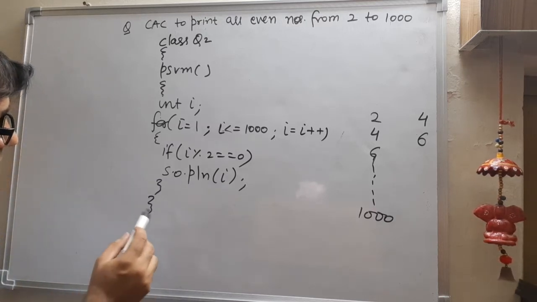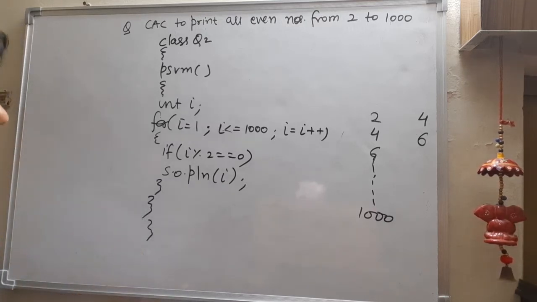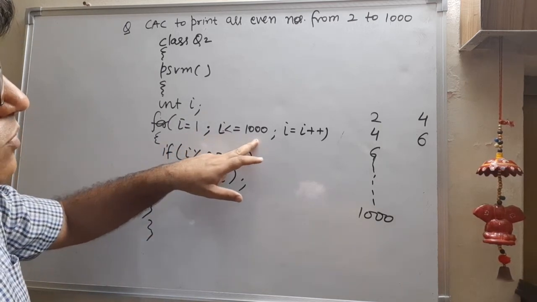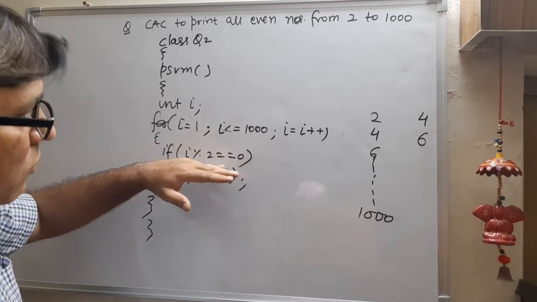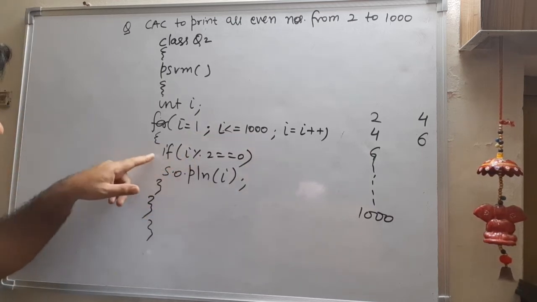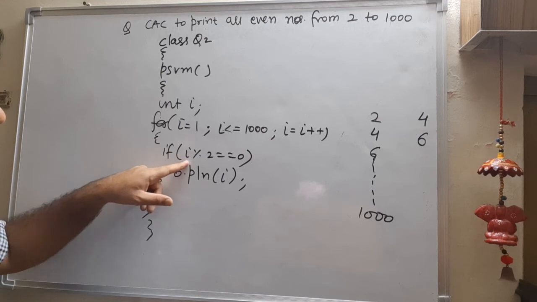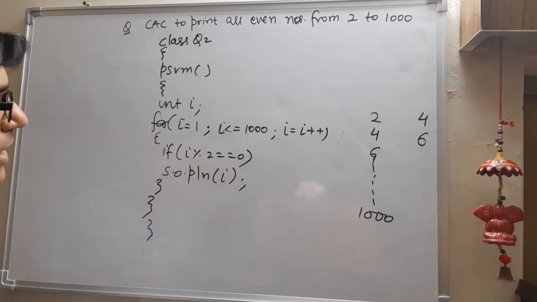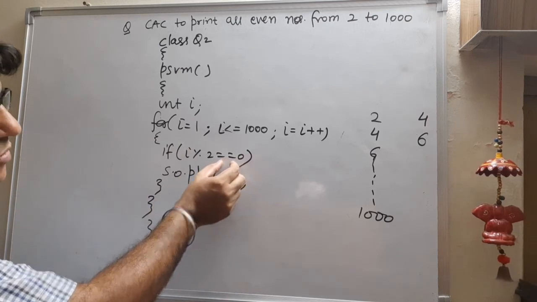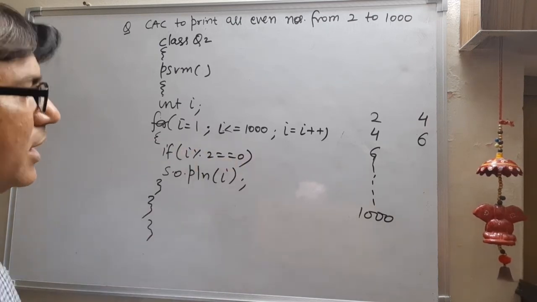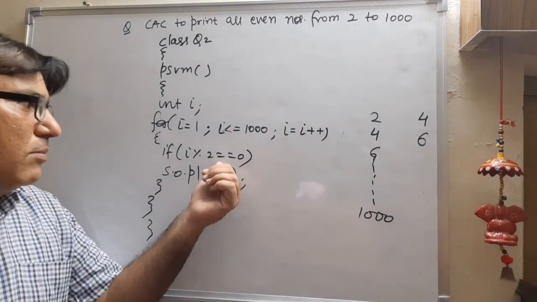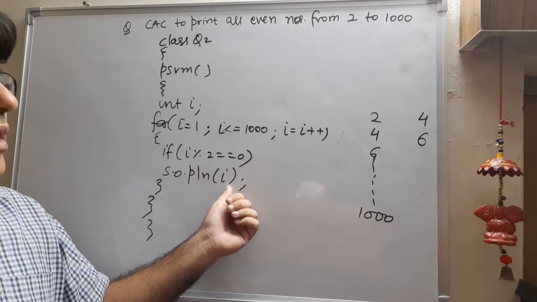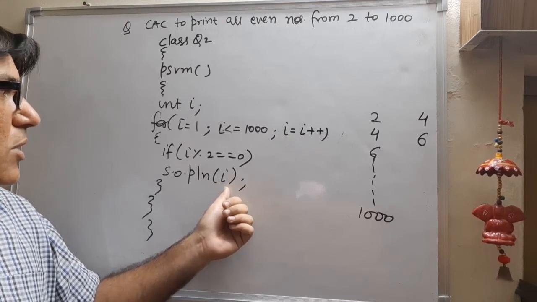So how will this run? First of all, the value of I is 1. So 1 is less than equal to 1000. This condition is true. So this will move forward. When it moves forward, the condition is there. So condition that is 1 mod 2 is equal to 0 means if it is divided by 2 and the remainder is 0, then this will move forward. Since it is not an even number, this will not be true. So this will not move forward. And I is not displayed on the screen, that is 1 will not be displayed on the screen.